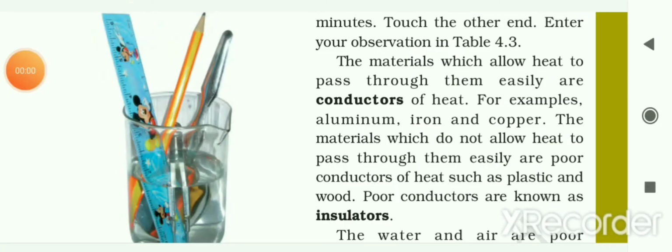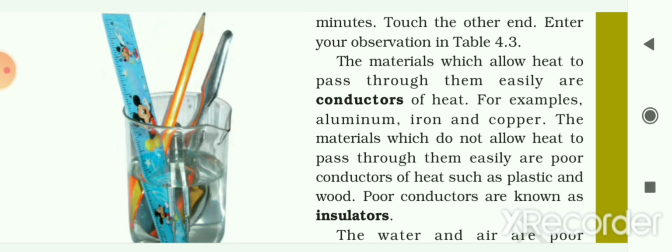You will observe that the butter in the metal spoon will start melting, while in the other spoons, that is wood and plastic, the butter is as it is. After some time you will notice that this butter melts down. As we had seen, the butter melted after some time, and the pin which was fixed on that butter also fell down, but the butter on the two other spoons, of wood and plastic, did not melt. So it was in the same condition.